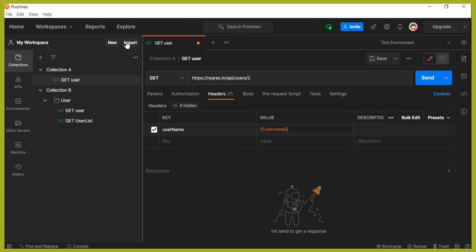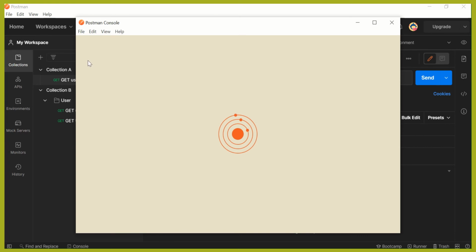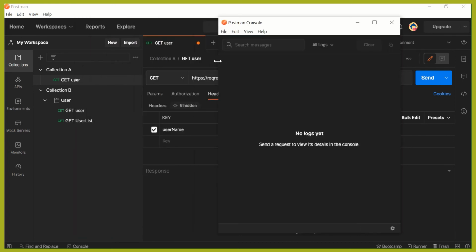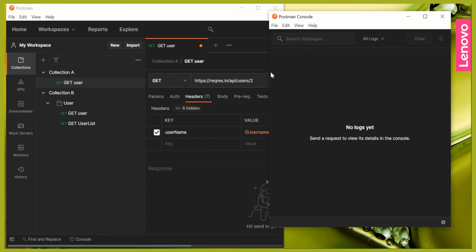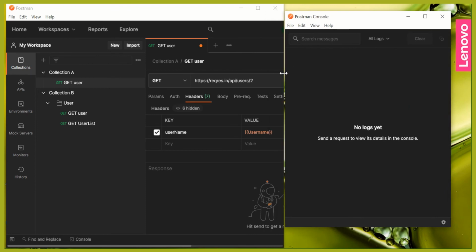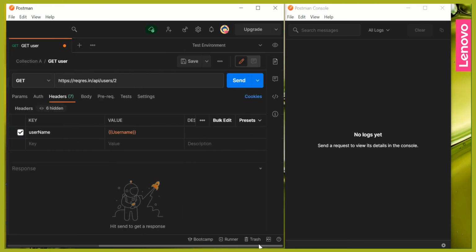So before I fire the request, let me open the Postman console so that we can verify the value of header which is going. Let me minimize this window also. And let me send a request.